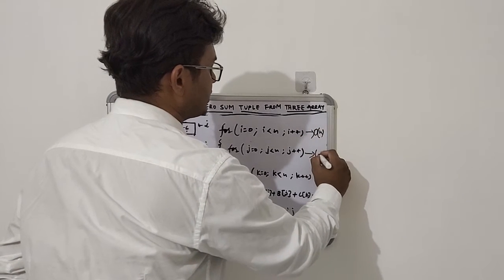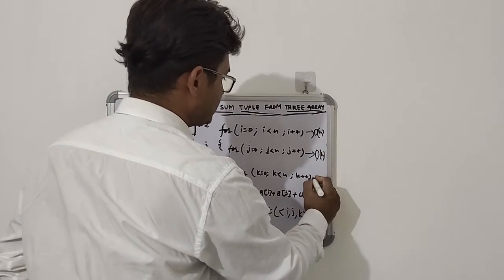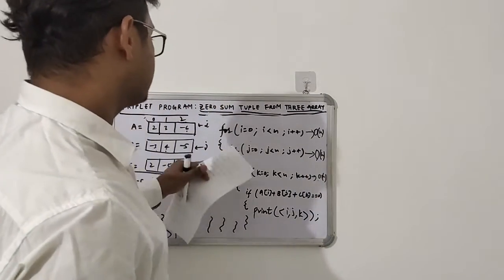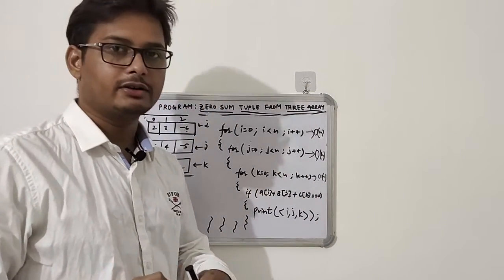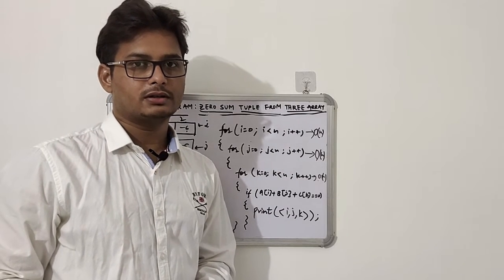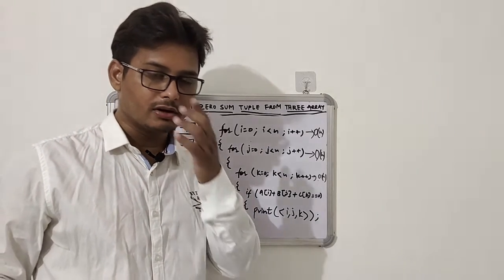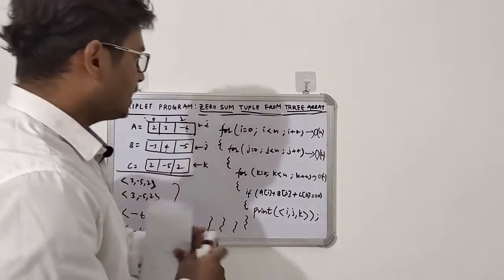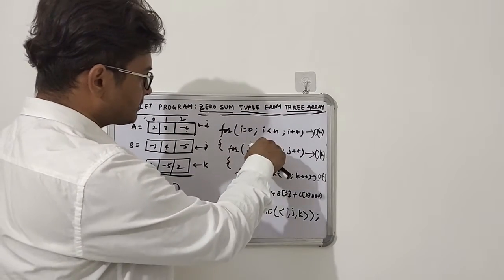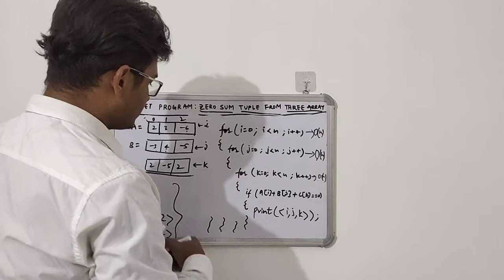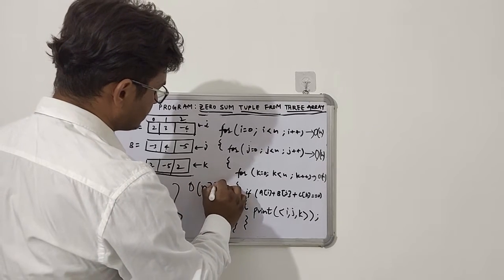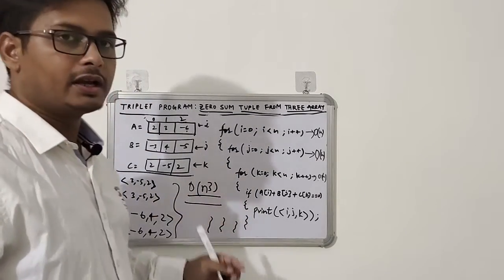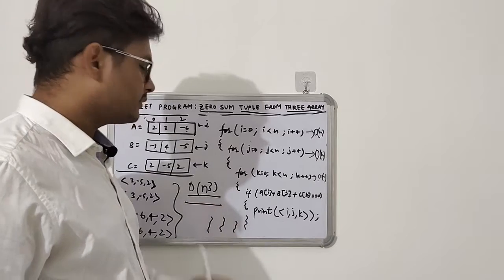This for loop is order of n, this also going to take order of n, and this also going to take order of n. I think you have already gone through how to compute the complexities of a program, because this is the basic topic in algorithms. And since all three for loops are nested, this will be order of n cubed. This program will run in order of n cubed.